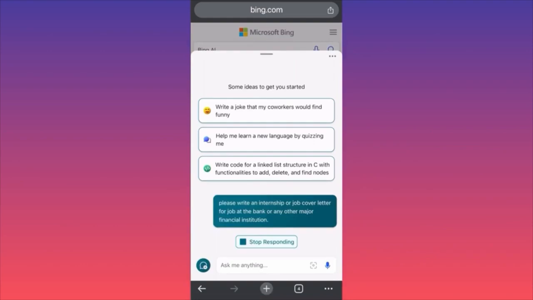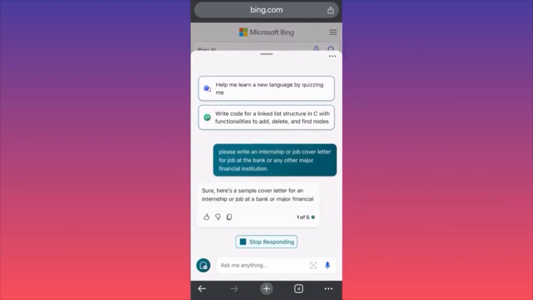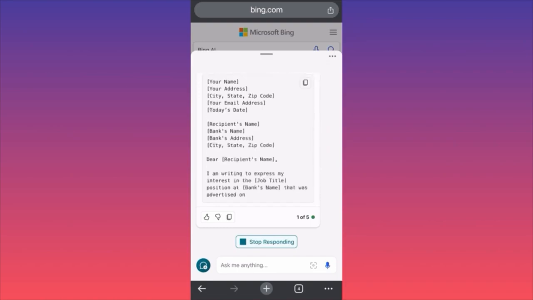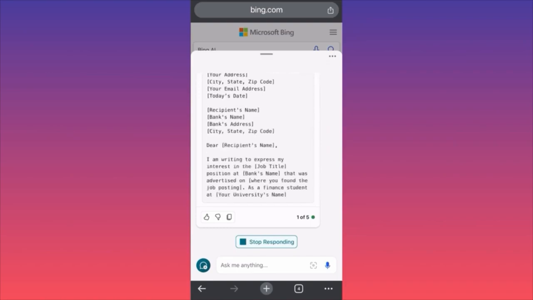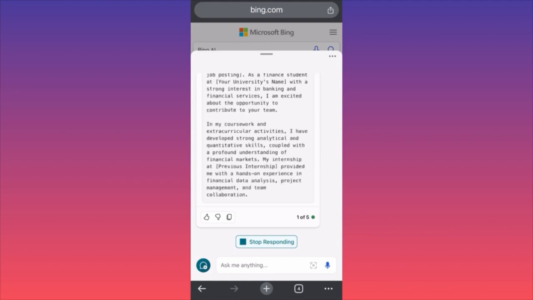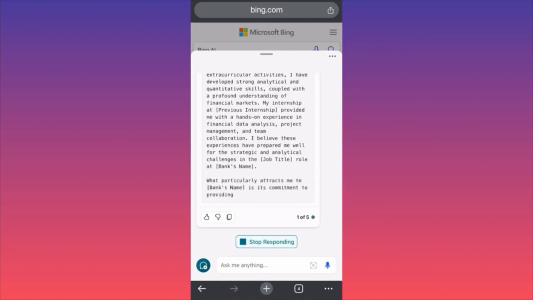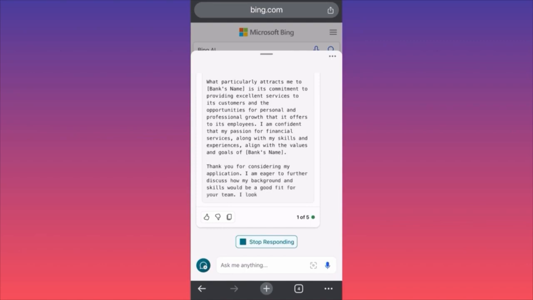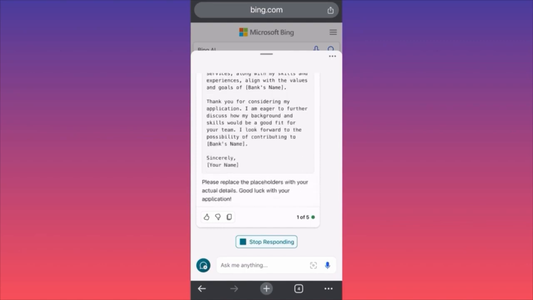So the way Bing AI and Copilot works is essentially they generate all the information that is input in the actual search on Bing. This is not Google search, this is Bing search. So everything that anyone has ever put out as a course, as a program, as advice, feedback, suggestions, they gather all that. They garner all the most highly rated templates for job offers, for internships, for cover letters, and they're going to give you a summary of it.